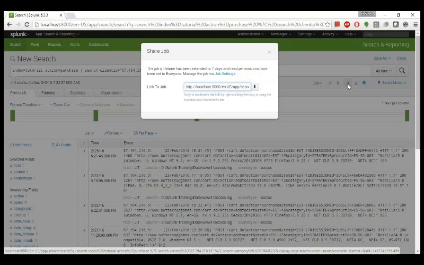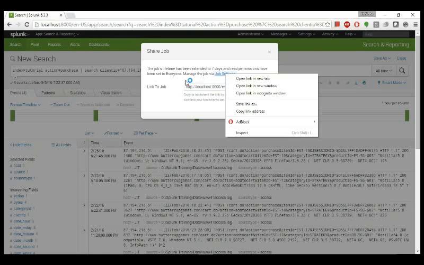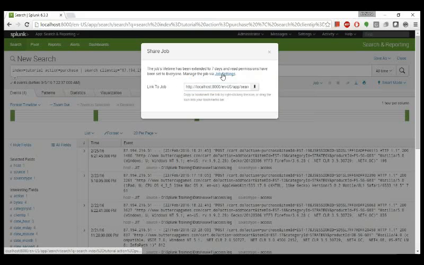Also, you can share the data in this way as well. Let's say the person you want to share the data with also has access to your Splunk instance, so you can just share this whole search query with them. Now, there is a drawback with this, as is written here: the job's lifetime has been extended to 7 days and read permissions have been set to everyone. So basically, from the job settings, which is an advanced thing, I'm not going to go into the details of that, but understand that